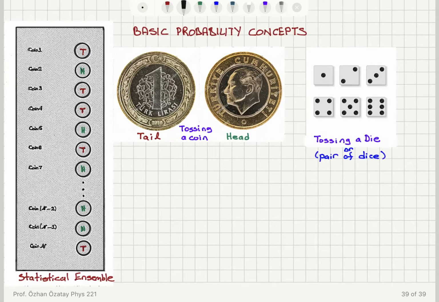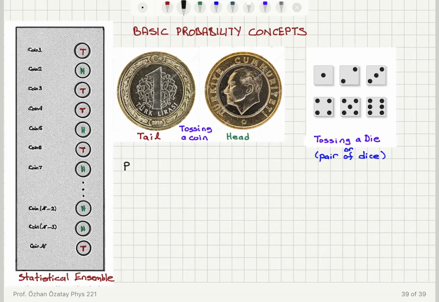Since statistical physics uses probability ideas to describe the outcomes of experiments, we're going to start with a review of some basic probability concepts. First of all, I would like to note that probability is very important for description of many phenomena. For example, we use it constantly in quantum mechanical description of atoms. It is used in genetics, it is used in insurance business, etc. So it is an important topic to study.